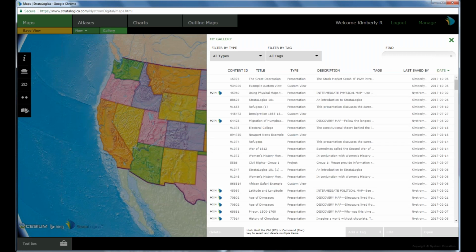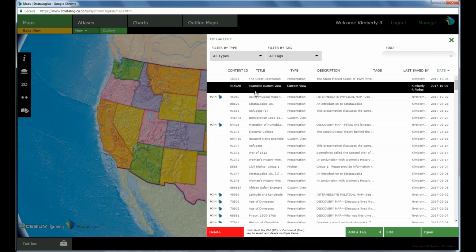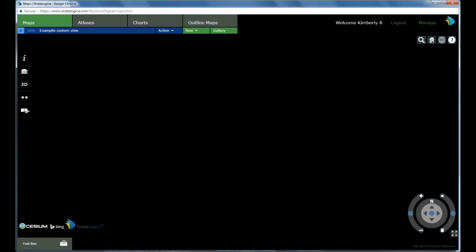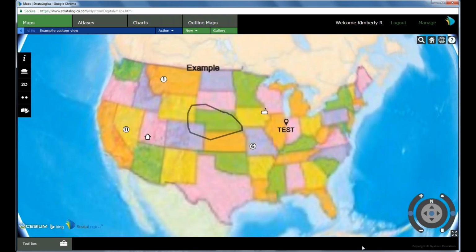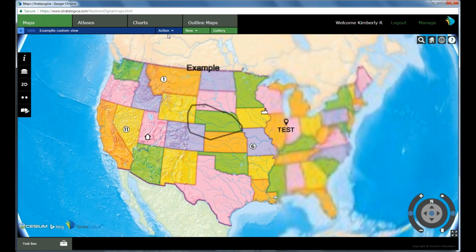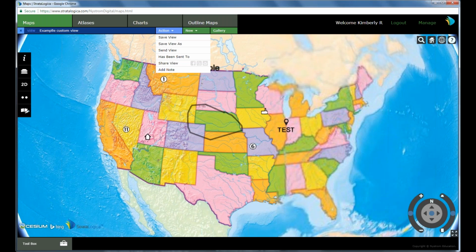So everything that we create is created and saved in what we call our gallery. So this is like your huge database of all your saved work. You can go in there, you can edit things, you can send things out. So here you see the example of the custom view here. If I open that, now you'll see the map that I just created. I can do a few things with this. I can send this to my students if I wanted to. I can send this to my colleagues. If I go to Action and I click Send View,